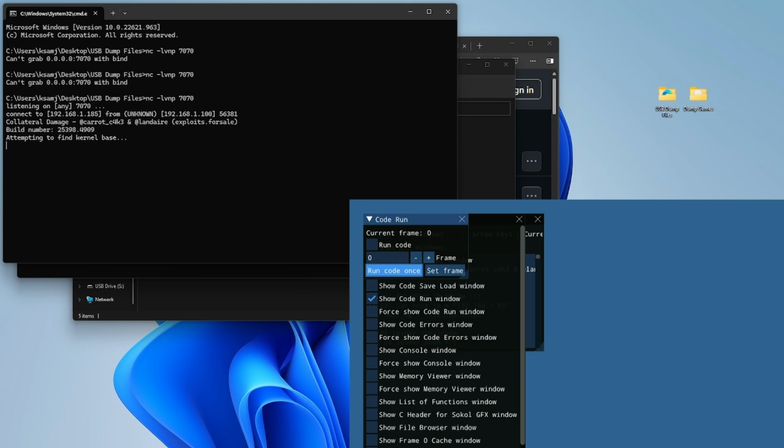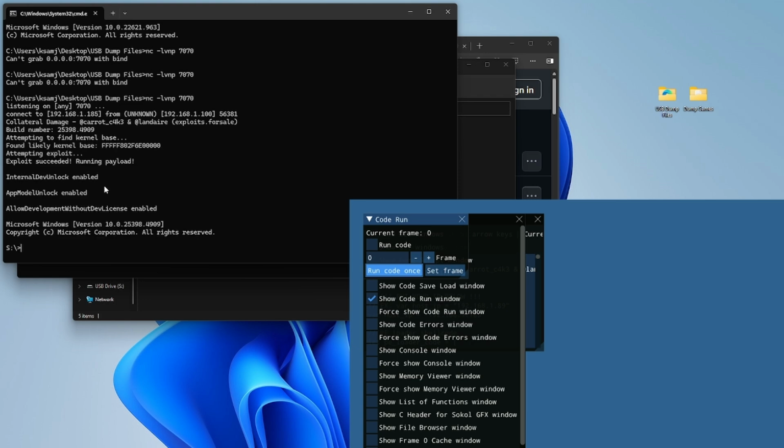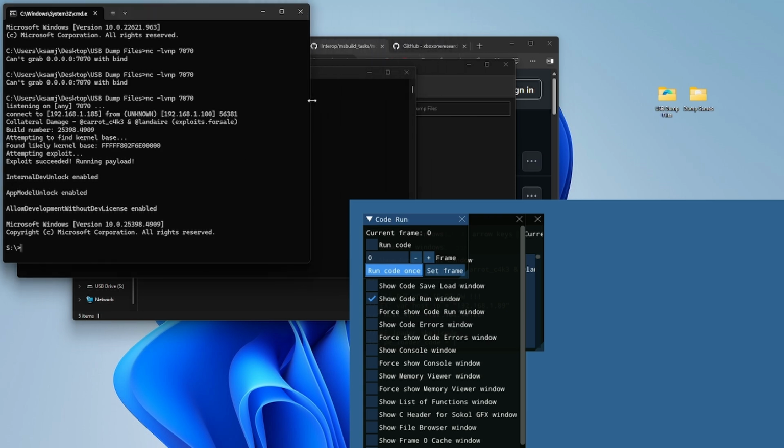Okay, so we established the connection, and now it's attempting to exploit. So I have my custom run, as I have mentioned before, with which I can have internal dev unlock, app mode unlock, and allow development without a device unlock license. So again, if you don't know how to do that, you need to watch my previous video. So once we've done that and the reverse shell is already up, we can execute one command here